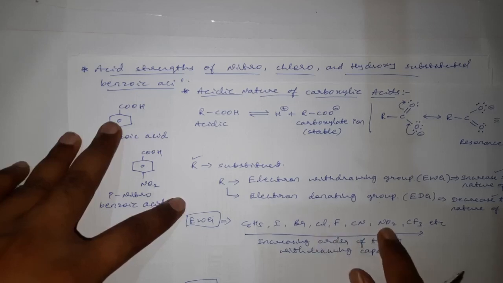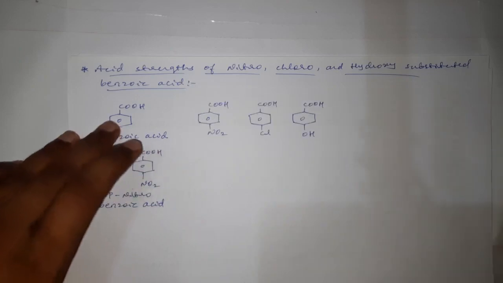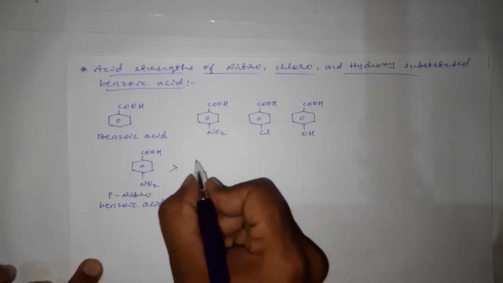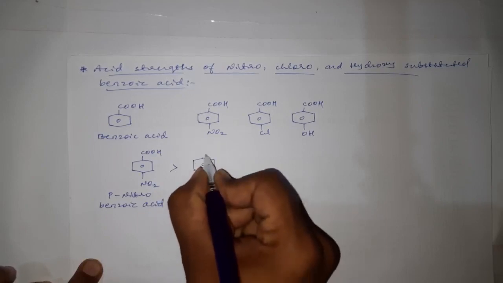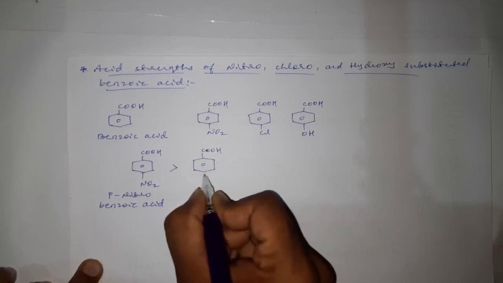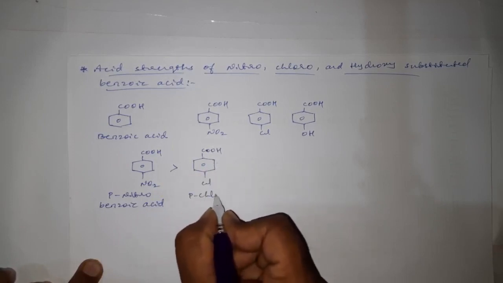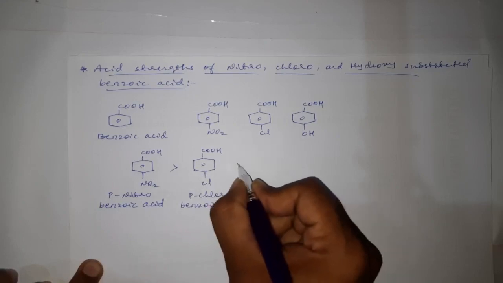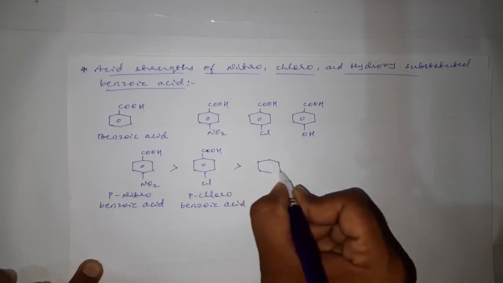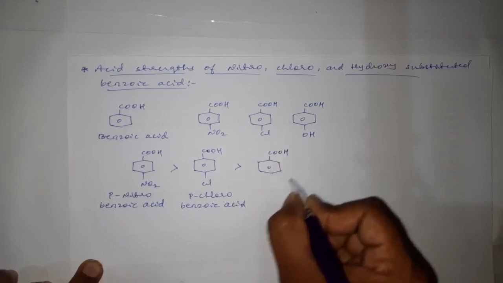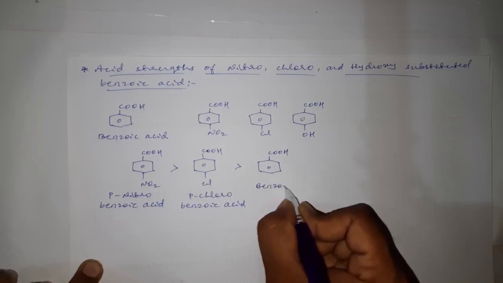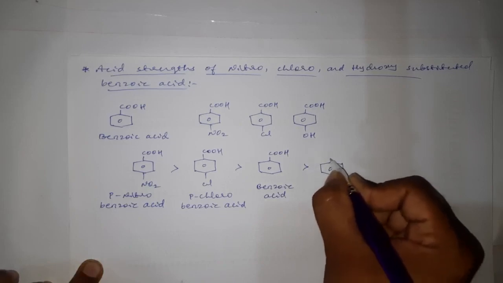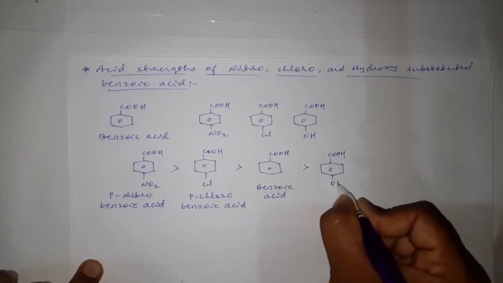Therefore this group will affect more than the chlorine, and we can write this para nitro benzoic acid is more acidic than para chloro benzoic acid, which in turn is more acidic than benzoic acid, which in turn is more acidic than para hydroxy